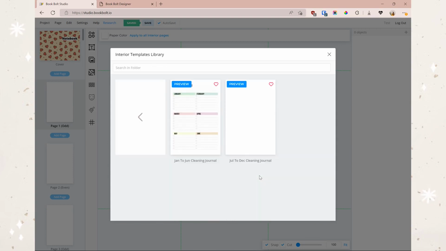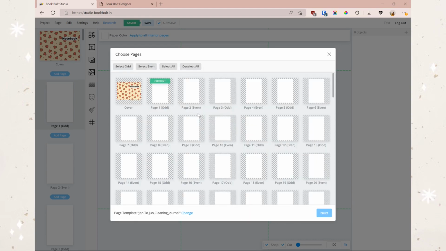Let's just go ahead and grab this one. So first off, you'll notice there are two different variants. We've got from January to June and then from July to December. Obviously, for this type of template, you are going to want both of them. So let's start by selecting this, and up here we can select all odd or select all even. In this case, we're going to want to select all odd, January to June cleaning journal, and so that when